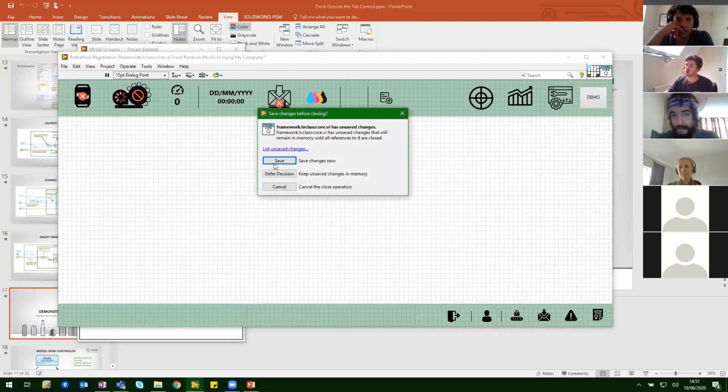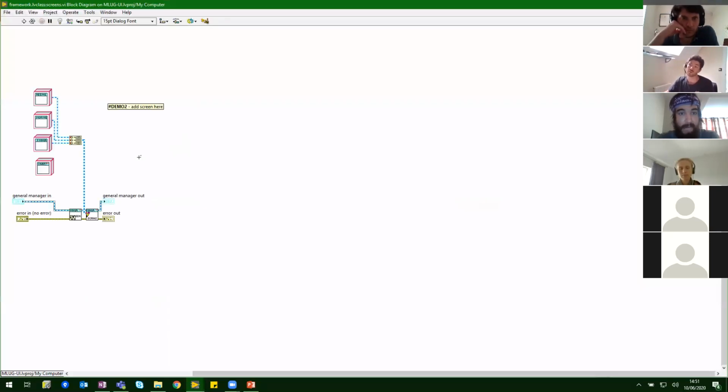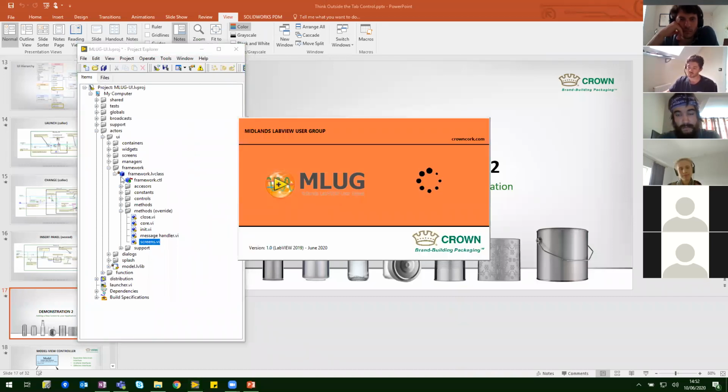So I save that, and then I can change the amount of screens that I have in here. I have in here a chart, which is just a waveform chart that is shown on the screen, and it's set to resize with it. That's all it is, so it's a widget, if you like. I'm adding that to my array, so that I now have the 4 different screens. I save that, give it a close, and then when I launch this up, fingers crossed,